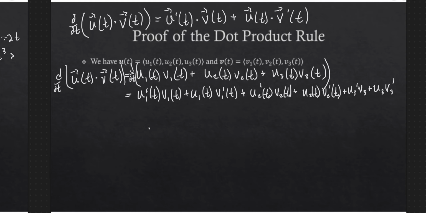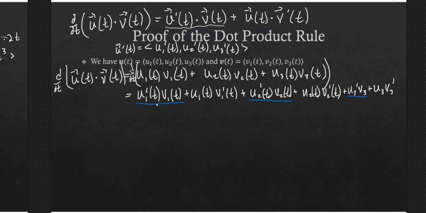And let's see. So I'd like to say that this is a sum of two dot products. Let's see if we can encounter this dot product anywhere. So notice I have u1 prime v1, u2 prime v2, and u3 prime v3. So u prime, right, if I just think about u prime of t, this looks like u1 prime of t, u2 prime of t, u3 prime of t. And same thing for v as well. Looks like this. And so what I have here, u1, u2, u3, u1 prime, u2 prime, u3 prime, and then